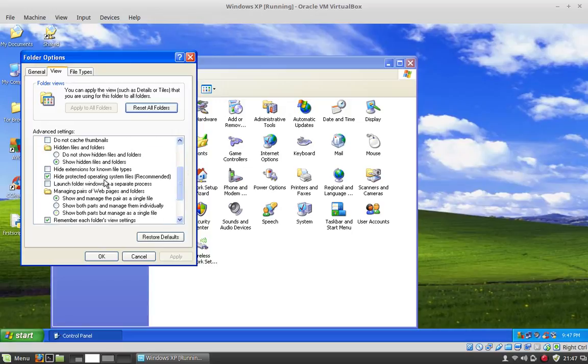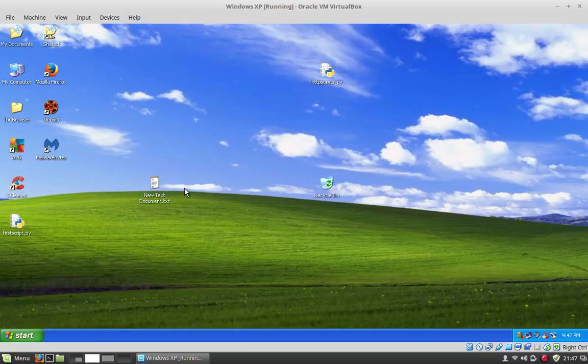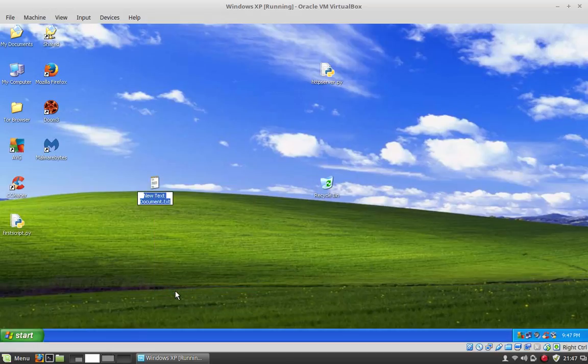Extensions, you just uncheck that and hit OK. It's checked by default whenever you install Windows. They don't want you accidentally renaming things so they won't work. So the file will come up like this, New Text Document, and just rename it anything.py,